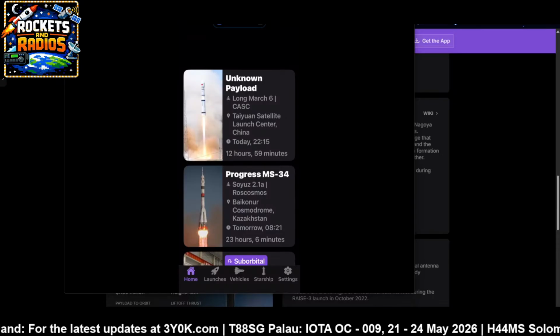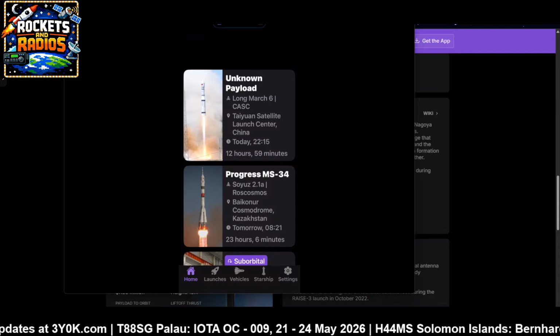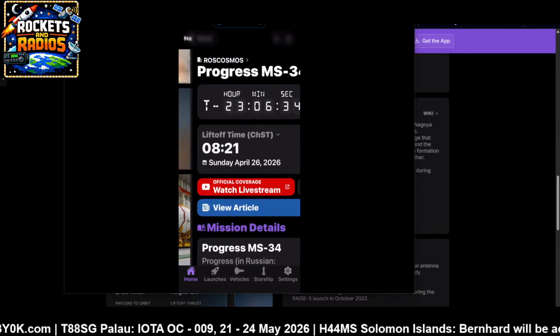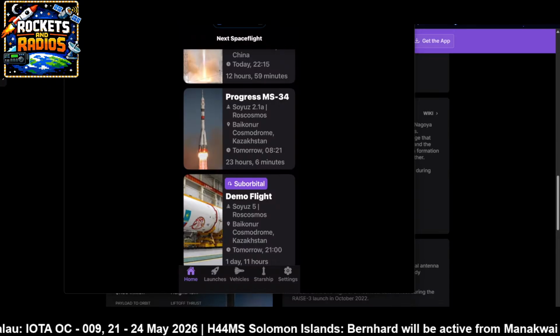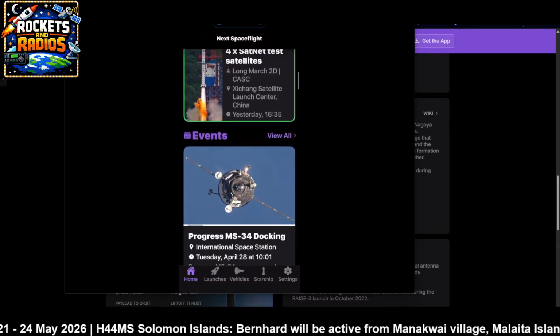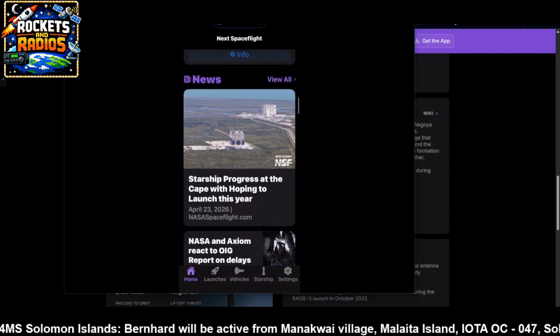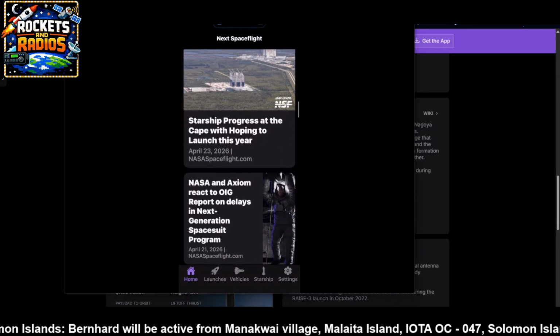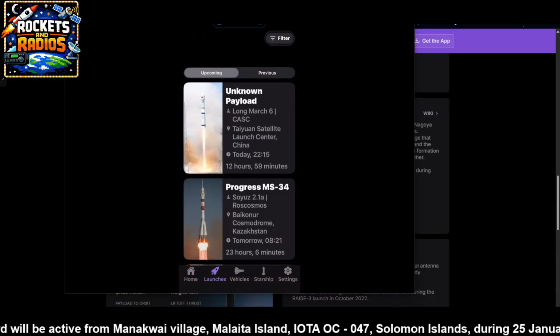So on here, you've got home, launches, vehicles, starship settings. So you've got all these. 4X test satellites, progress, M34. So this is the home page, and it gives you all the latest news and updates, and so it's pretty cool. So you go to launches, the launches tab,